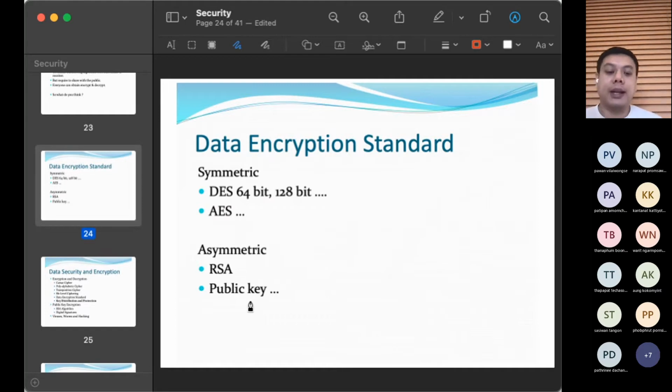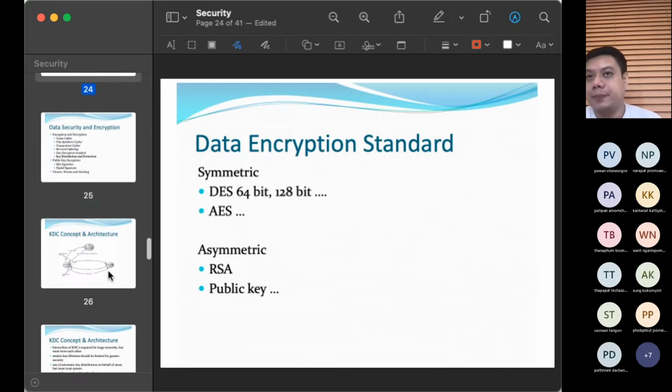Today we use a lot of this because only one key can lock and another key can unlock. So we use one key to tell the world, hey, this is your key, you can use it. This is the one you can use to encrypt to me, but I am the only person in the entire world who can unlock it. So don't worry. You use that key, lock it, and send it to me. Whoever gets that box cannot open it. Only I can open it. That's really secure. That's why we use these things in online shopping and e-commerce.